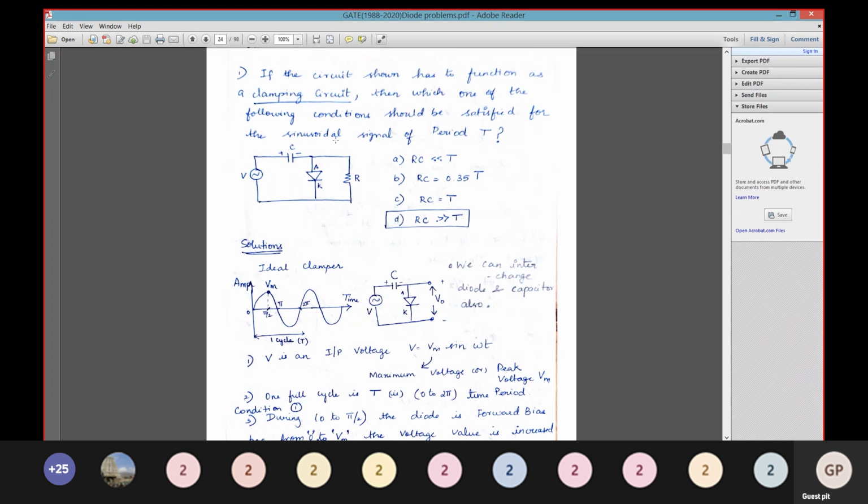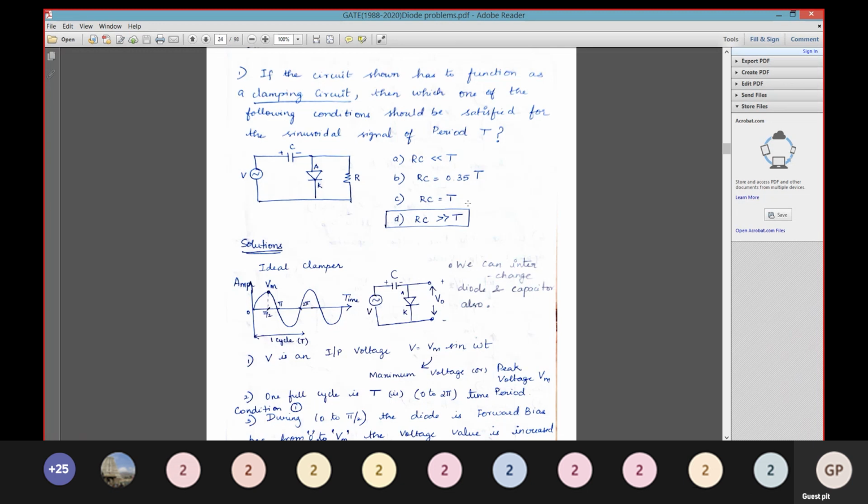Which of the following conditions is satisfied for the output signal? What is satisfied? So the options: RC is equal to... or RC is equal to C, or the last option. Among these four options we need to find which condition is satisfied. So from the above choices, we can clearly understand